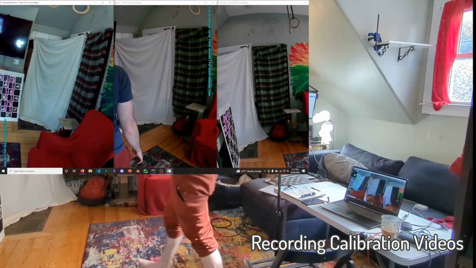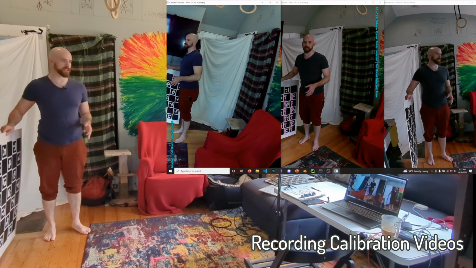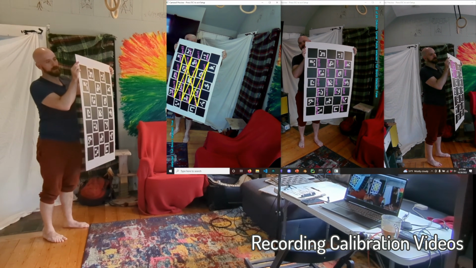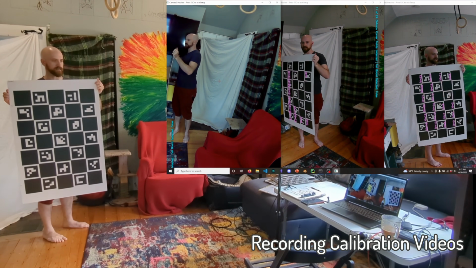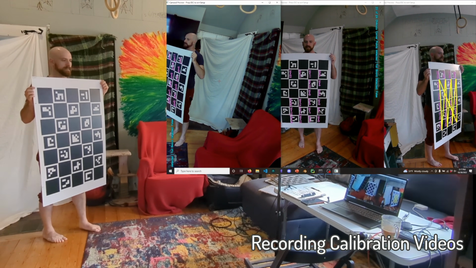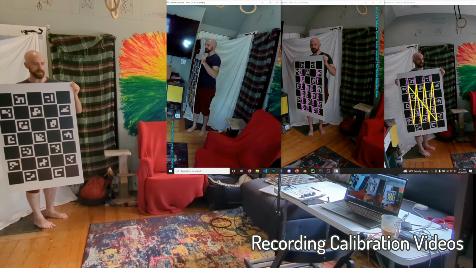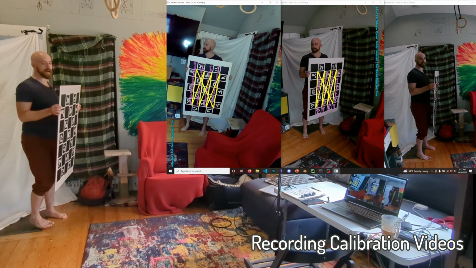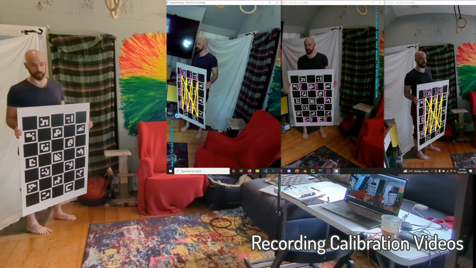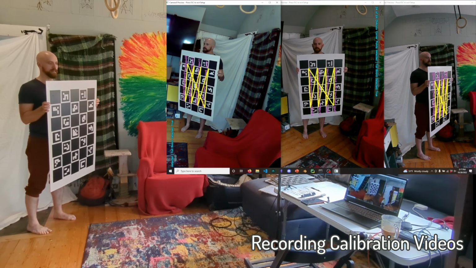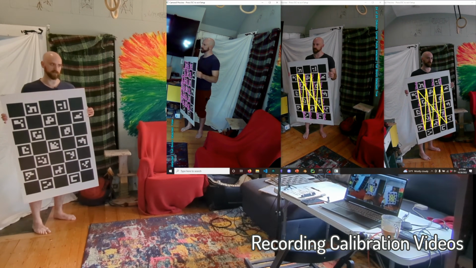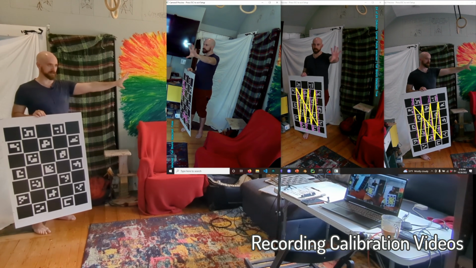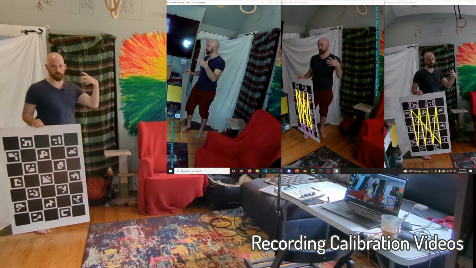It's not recording now, but I'm double checking that we're tracking the board well in the current setup. I can tell that it's tracking well because it's drawing the dots on the image. The yellow line means that they're all being detected at the same time, which is not actually necessary, but it's a helpful image. For the calibration to work, not all cameras need to see the board at the same time, but every camera needs to have shared views with at least one other camera. That way you can calibrate the multiple views of the known object to figure out each camera's position and rotation, and also correct for lens distortion.